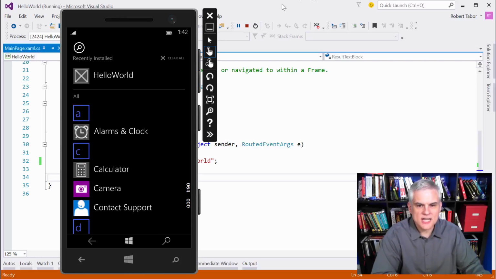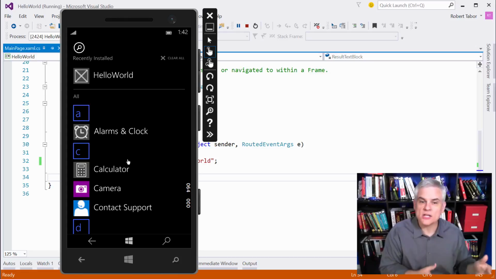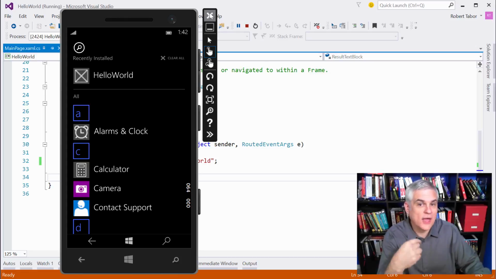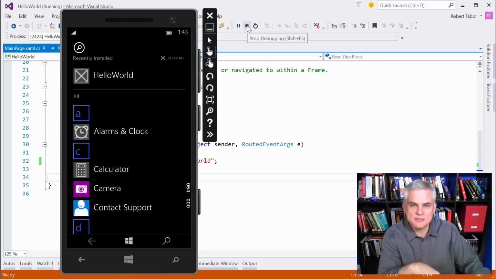Now, in order to stop debugging using the emulator, I can do one of two things. I can click this little close button in the upper right-hand corner of the emulator. However, you should get in the habit of just leaving the emulator up and running even when you're not debugging. There's a couple of reasons for this. First of all, the emulator is running as a virtual machine, and it takes time to shut it down and then turn it back on. And secondly, any app data that you save to the phone between debugging sessions will be lost whenever you shut down this emulator. So if you have data that you want to keep around between debugging sessions, do not close down the emulator. The other option you have is to click the Stop Debugging button in the toolbar here,